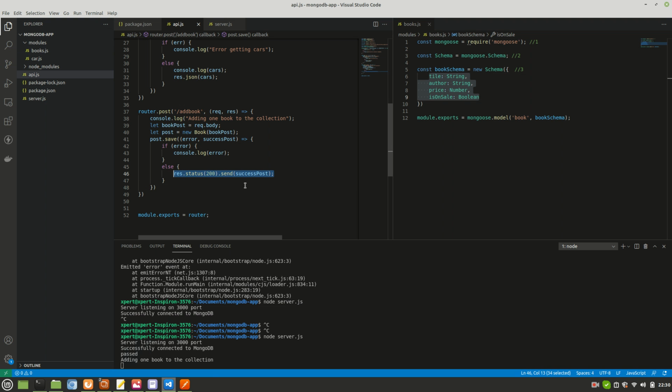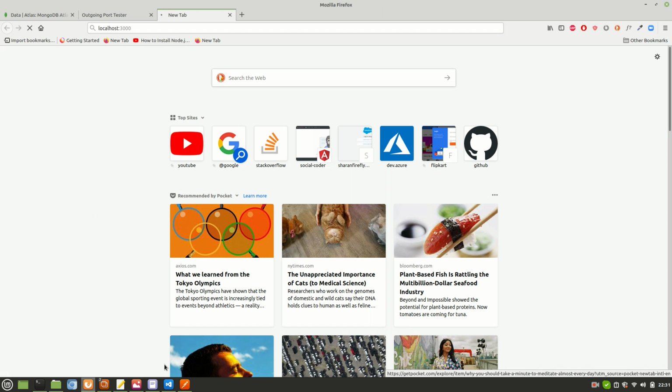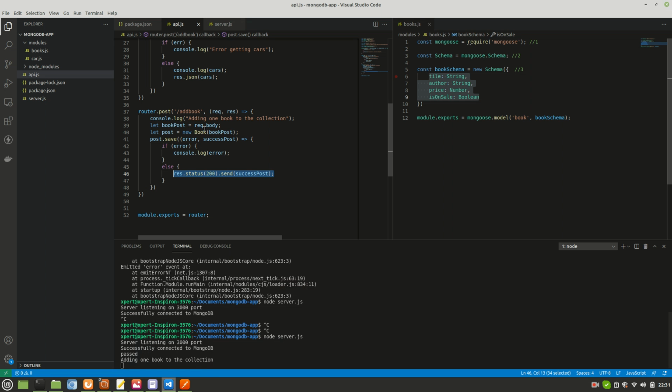Also, from where did I get this object? How was I able to send this as an object? Because it was sent as a request, and that request I'm capturing here as a body part. And the same book post, I'm passing it to the save method. This thing, a successful post.